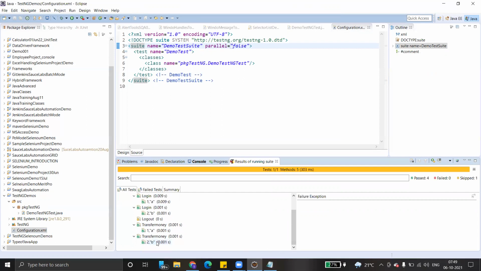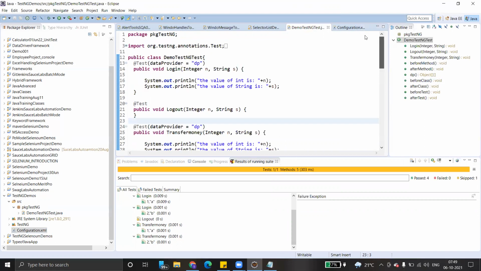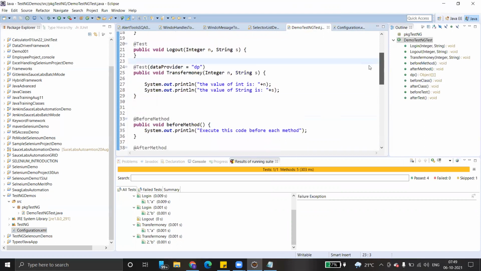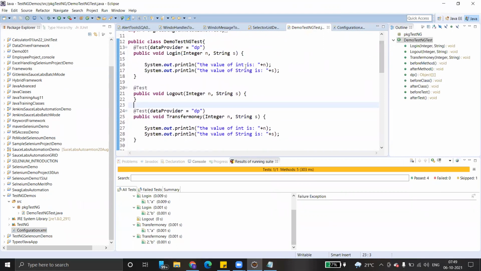Twice it has been executed because we have 2 data entries. Where you have tagged actually, the data provider has been tagged to login and transfer money. That's why transfer money and login have been executed twice. Okay, logout has been executed only once.